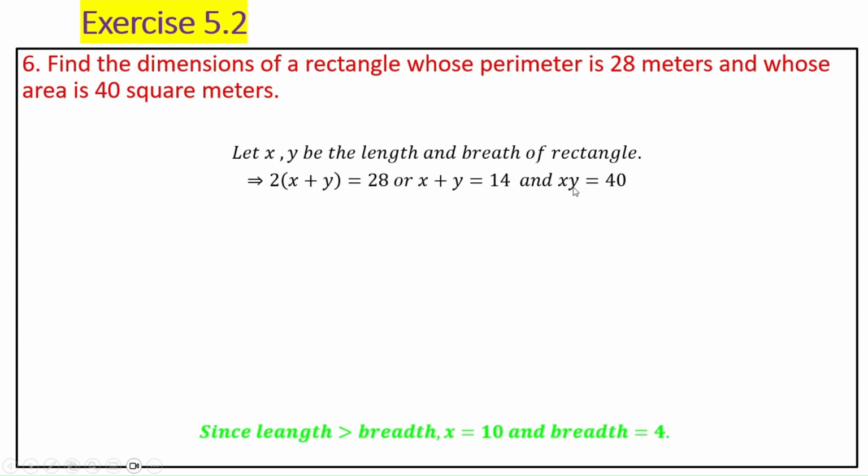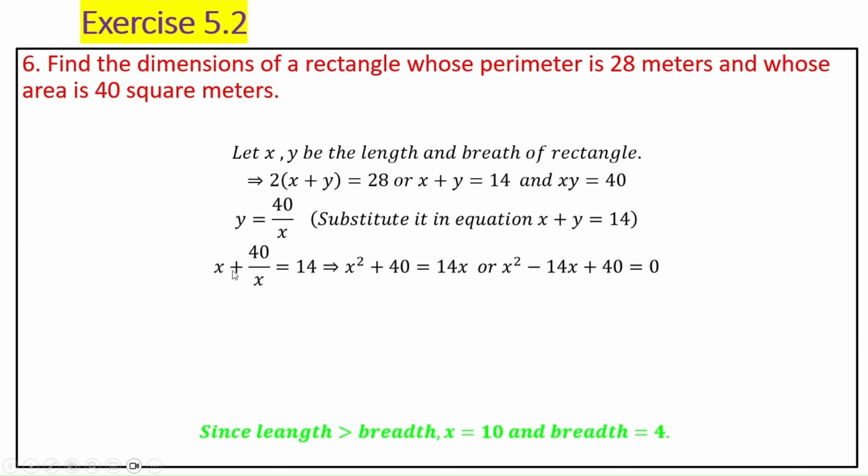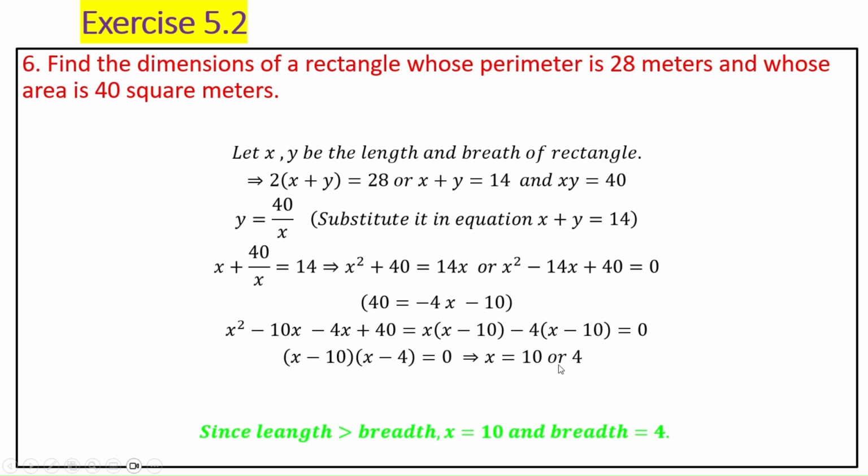So if you replace y equal to 40 by x, then what you will get is x plus 40 by x equal to 14, or the quadratic equation you will finally get is x square minus 14x plus 40 equal to 0. Factorize it, you will get x as 10 or 4. Okay, so y is 4 or 10. So for 10, 4 is the breadth, for 4, 10 is the breadth. Obviously length is greater than breadth, so x equal to 10, that is, length is 10 and breadth is 4. Next,